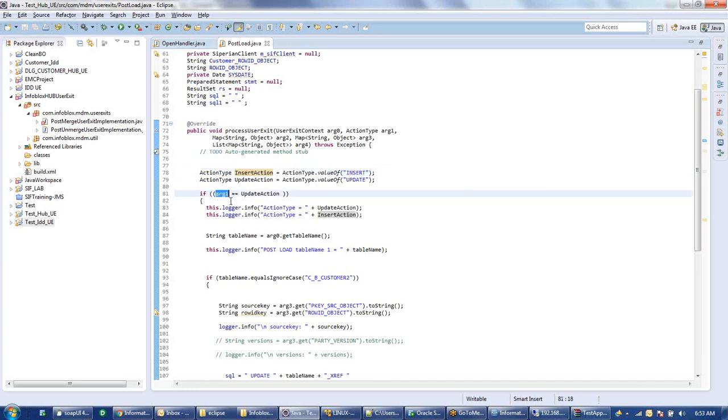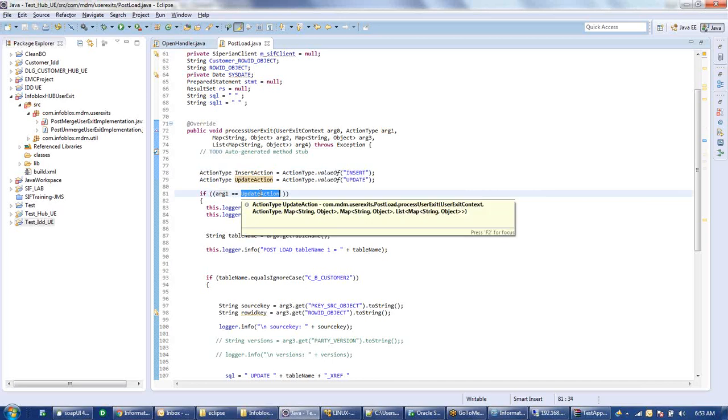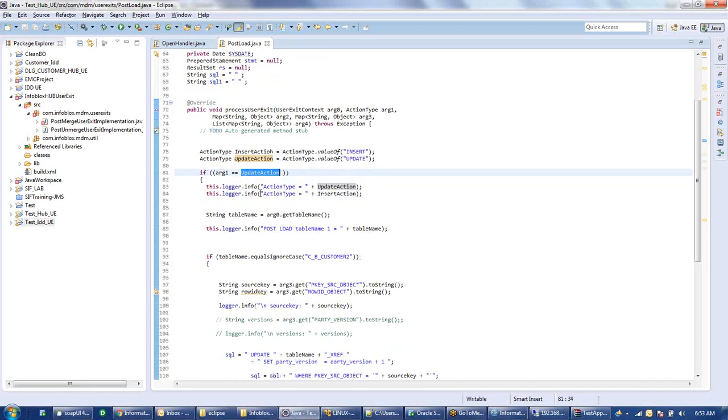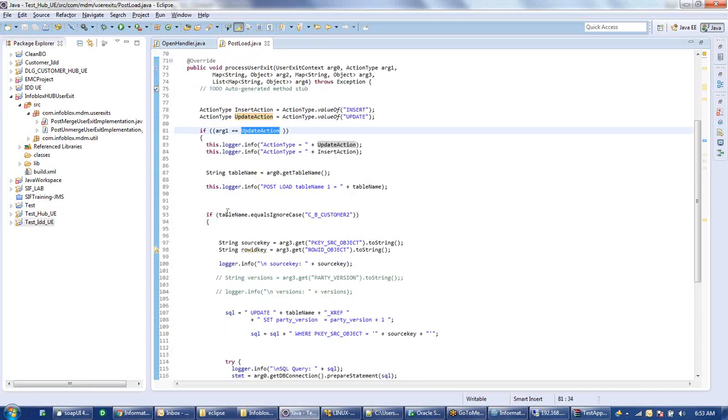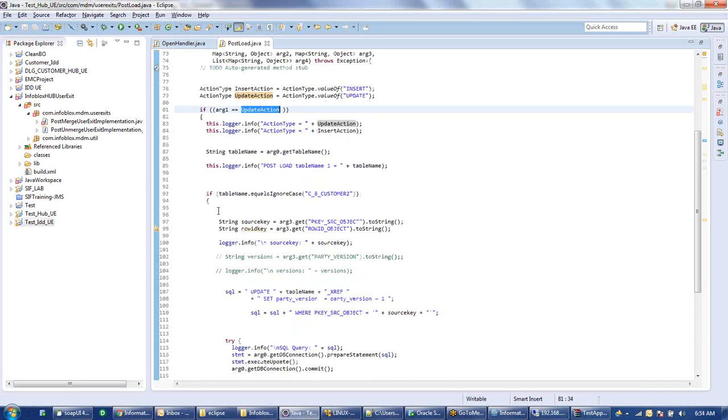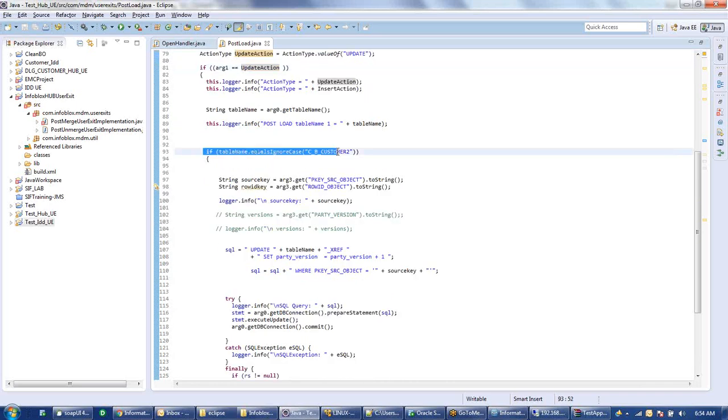I'm just checking if the argument is update, meaning we are trying to update a particular record. In this case I have just written a direct update to the table, but usually we can call a put request here to update the data in the tables. So here I am checking if the table name equals CB customer 2.